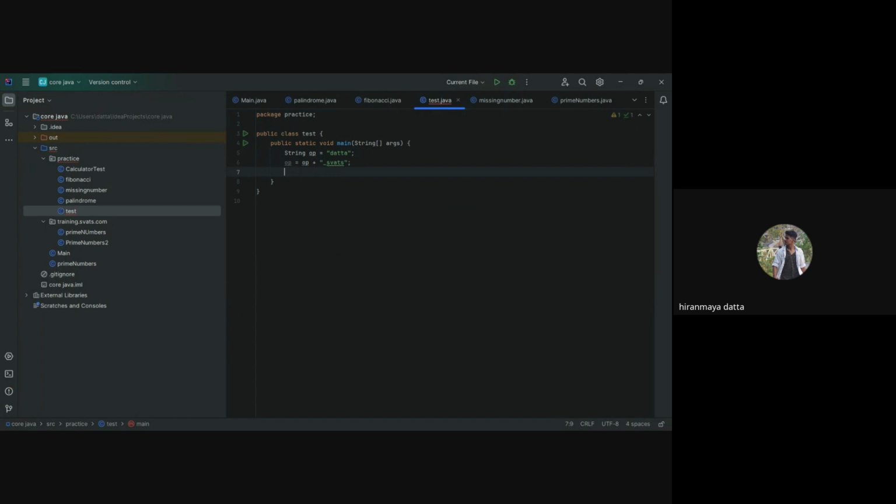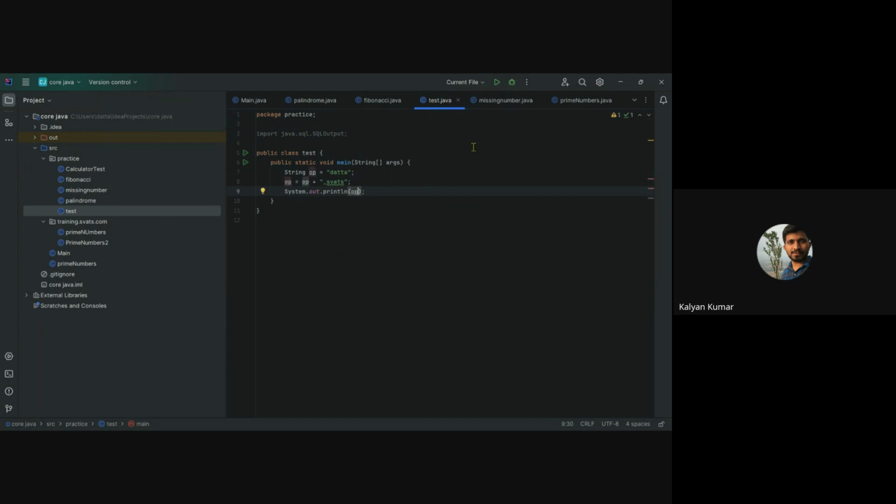You can write sout and then Ctrl plus space. Small s. And try to print op, just write op.